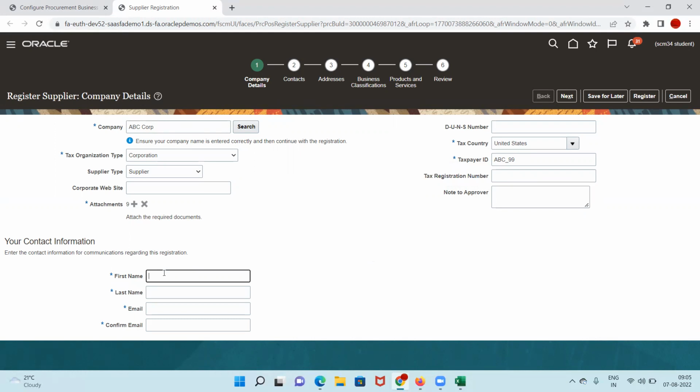First name, this is their contact details. So let's say contact. What is the URL? So this is the URL, right? Using this email ID, the system will generate a user account for this supplier. This supplier, by using this email ID and user account, can log into the supplier portal and do further activities. And also once we approve or maybe reject,